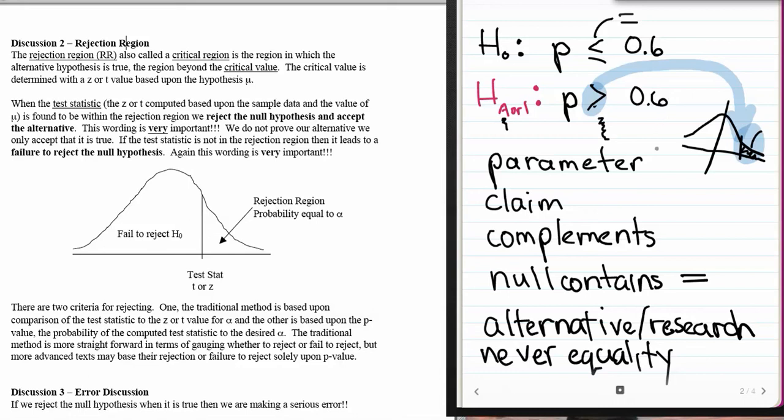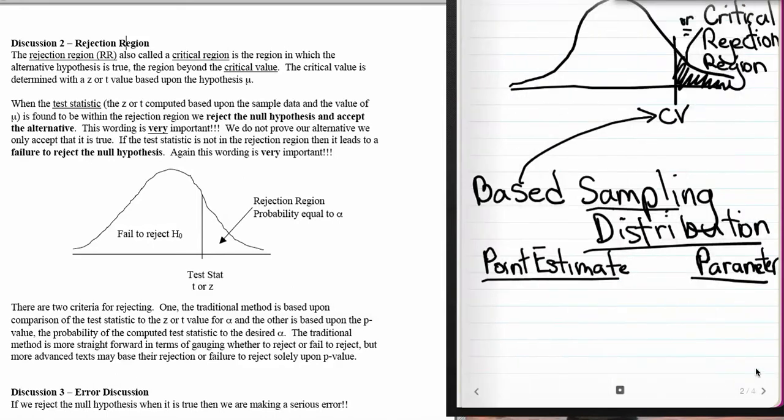All right, here we go, continuing with hypothesis testing and kind of the basic introduction. So we're going to talk about point estimates and parameters. Now, this is exactly the same thing that we discussed in terms of confidence intervals, but it's definitely worth mentioning